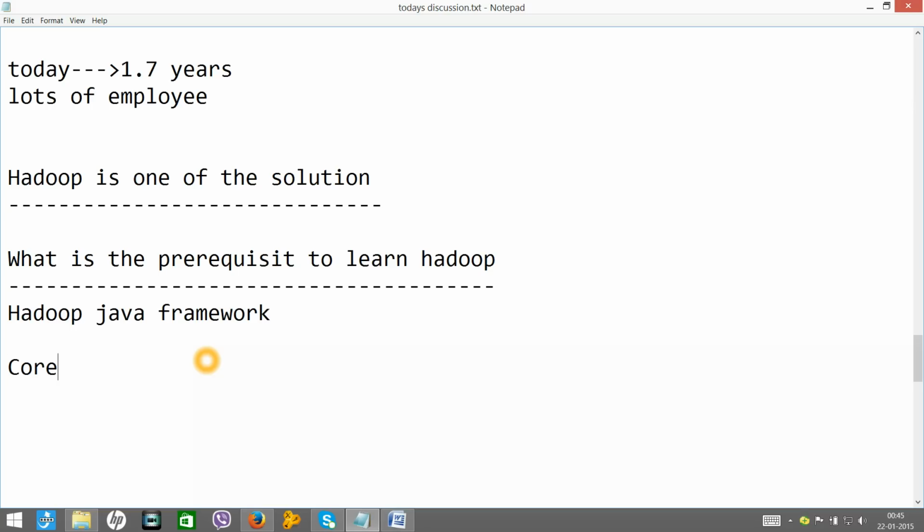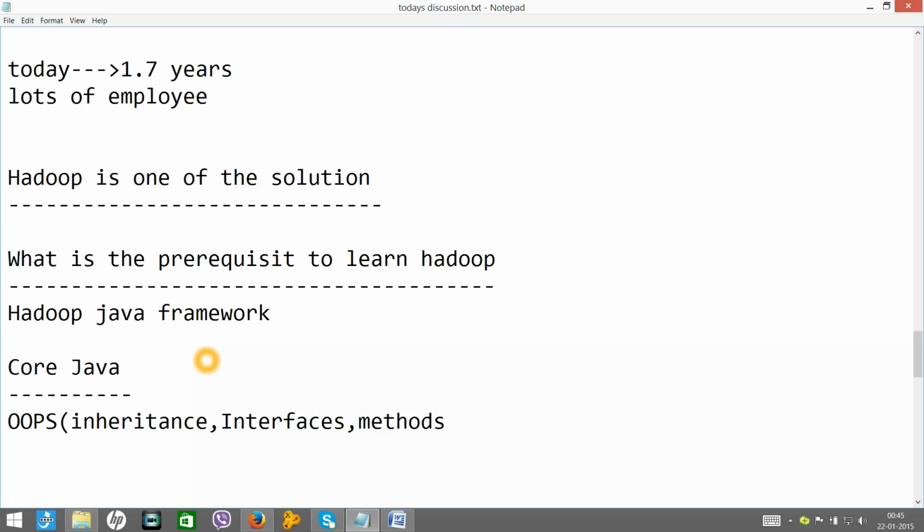So I expect you to have knowledge of core Java, and in core Java, what all do you need? OOPs concepts, which contain basic inheritance, interfaces, methods, and some sort of exception handling. That's all.